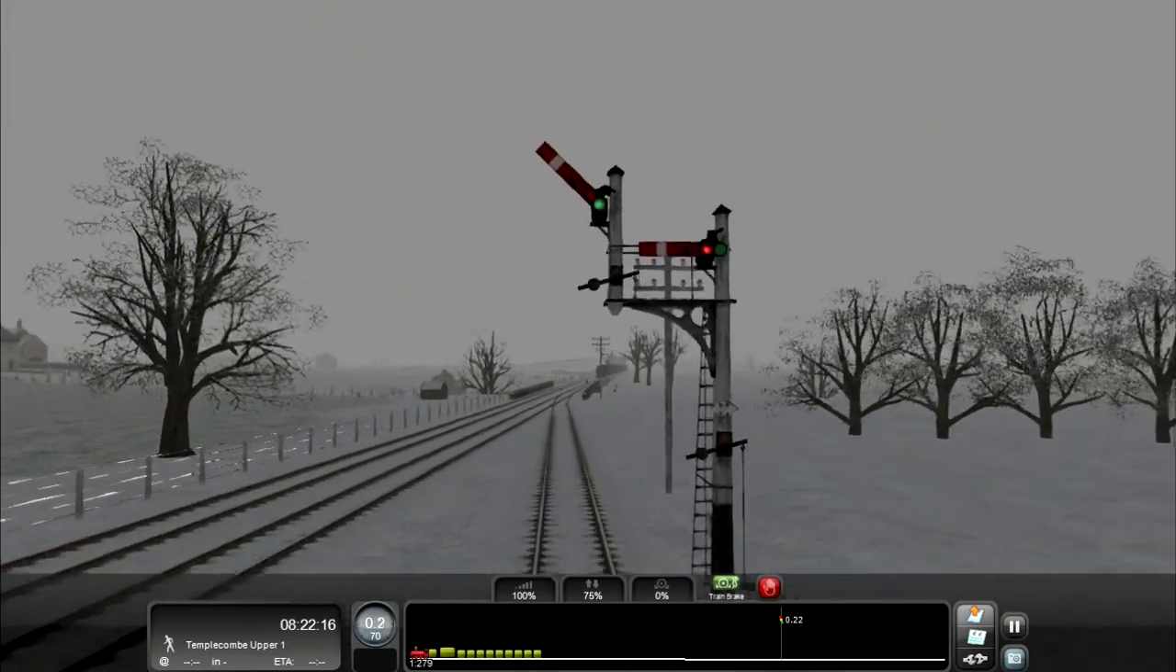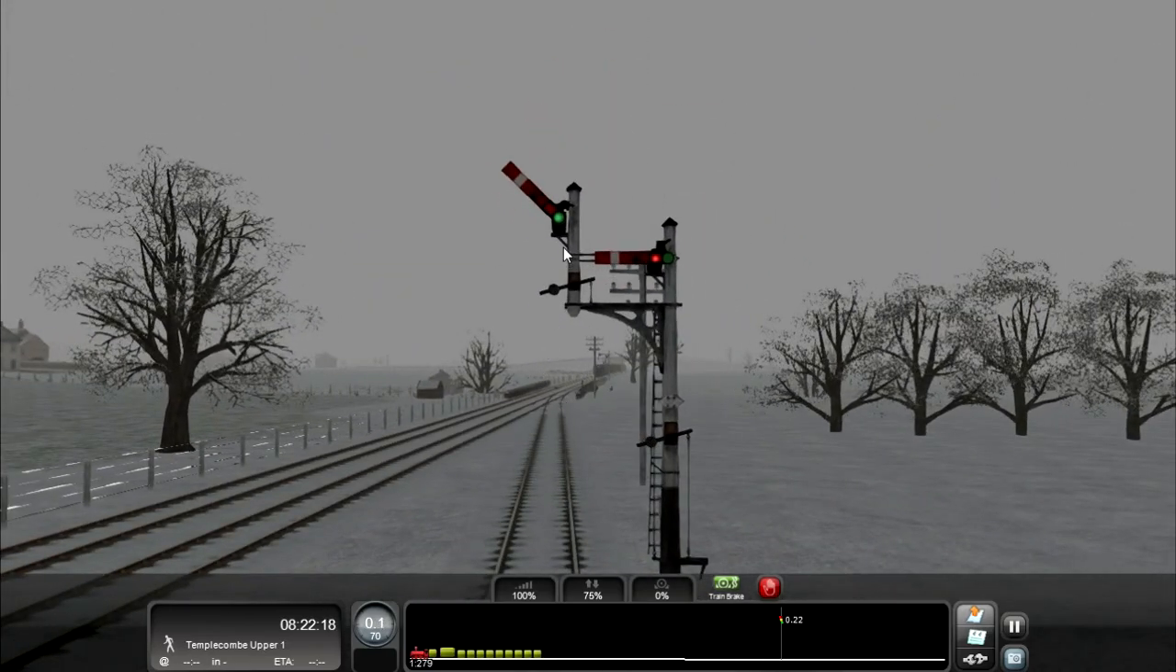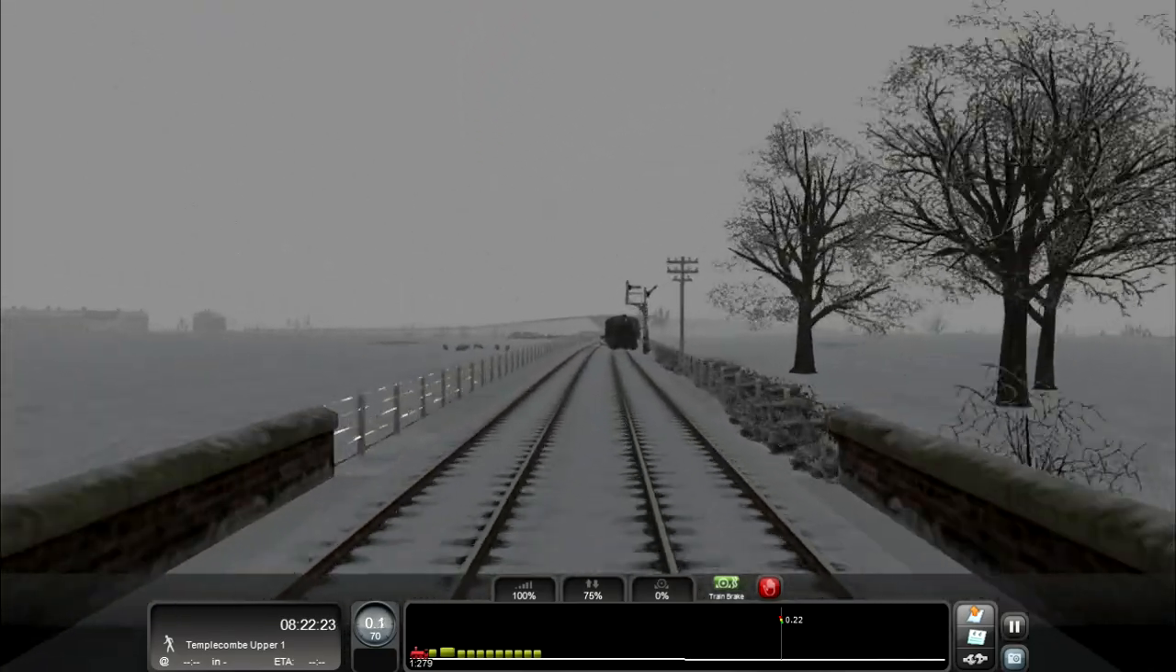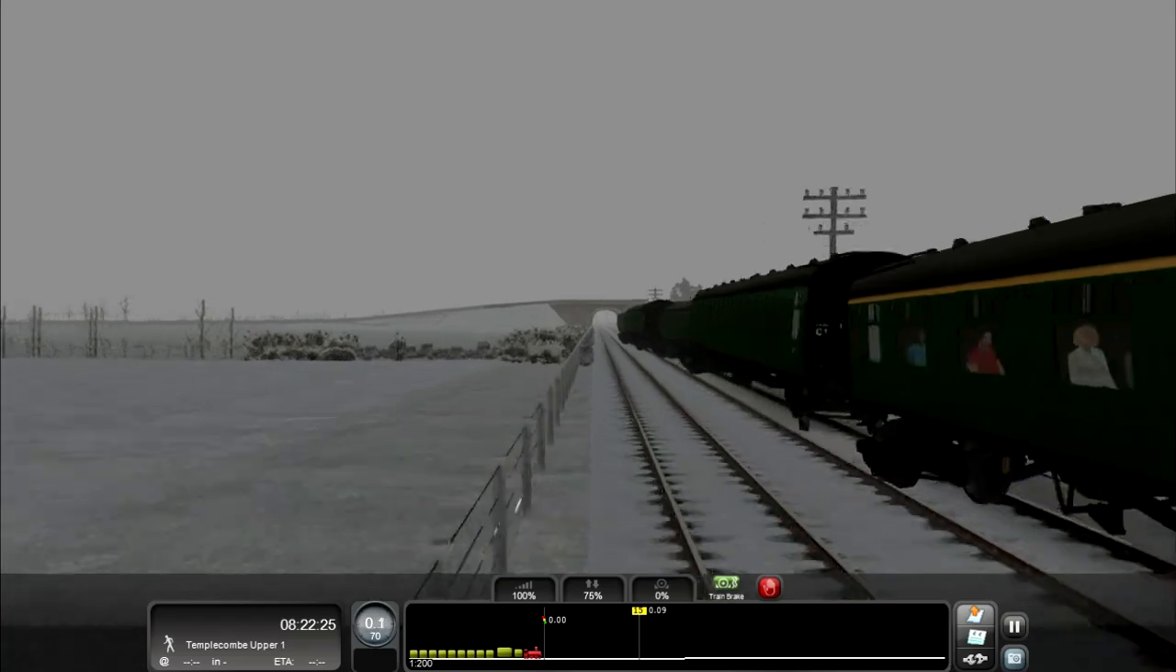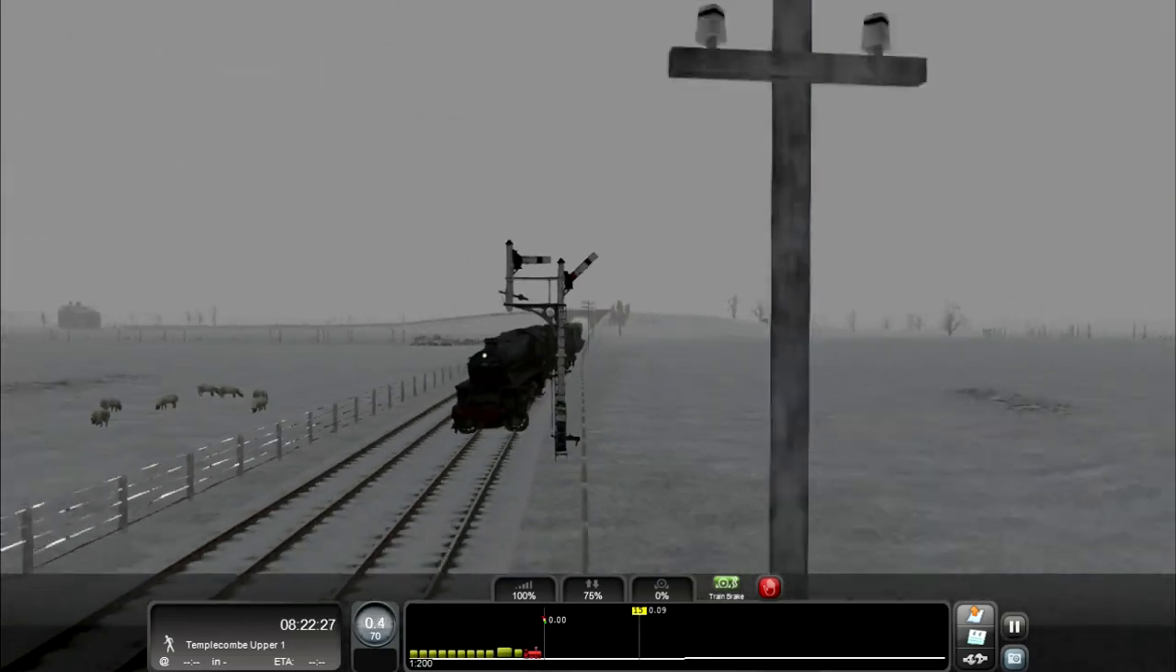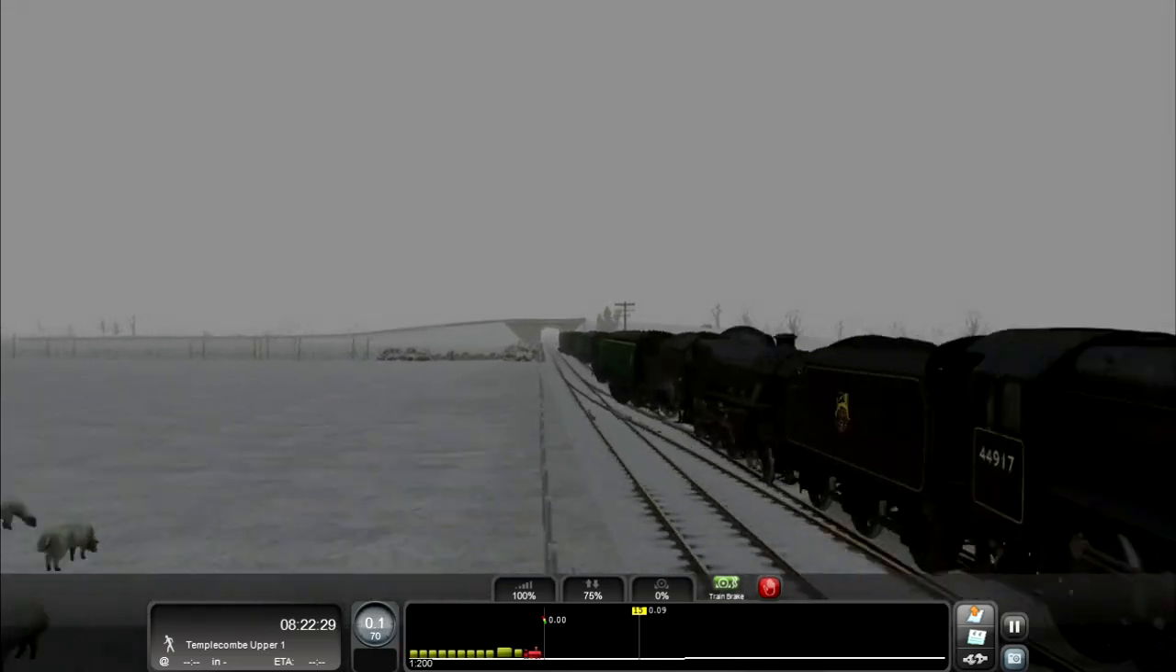Let me just test a theory here. So, he's got a green light for the main line on the right side. Yes, okay, right. Yeah, that was dumb. Right. Okay. So what happened here,